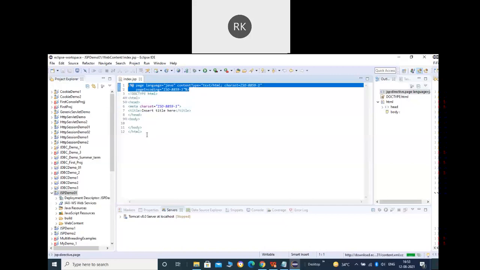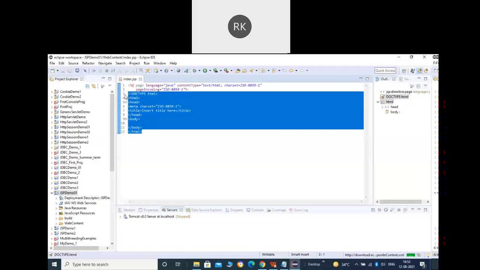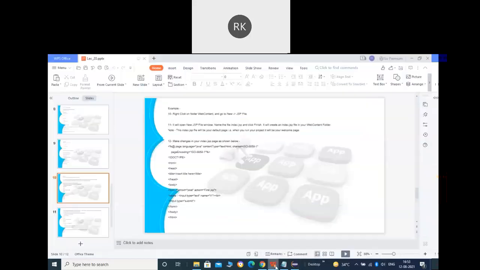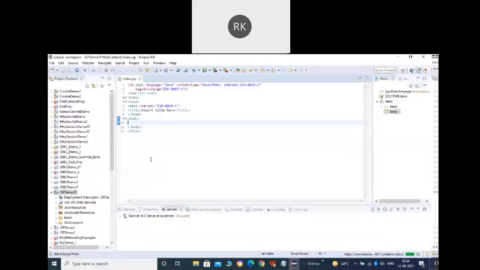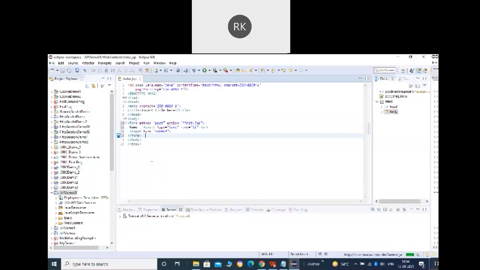So in that way, as I told you, it supports in total 13 attributes. Some of the additional ones are given here. If you want to skip this line, you can skip it. This is just providing the metadata about your page. Then after that, you can see you have a fully fledged HTML page here.